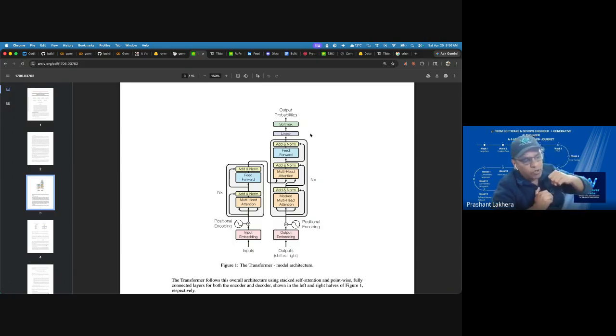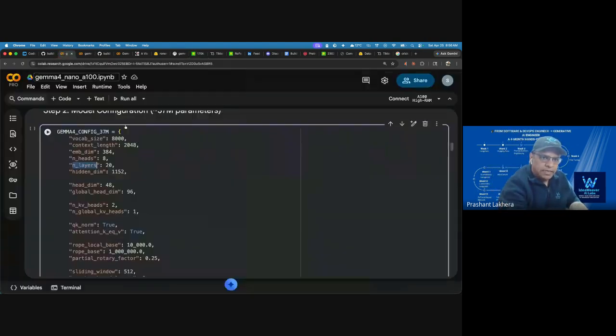So when we talk about the layers, for example, in this case, they have used 6 layers. So that means this is one complete decoder block. So one decoder block, second decoder block, third decoder block, up to the 6th decoder block. Here I told you that we have multiple heads, and the multiple heads are used to capture different perspectives. The same thing: researchers have seen that if you have different layers, like different decoder blocks on top of it,